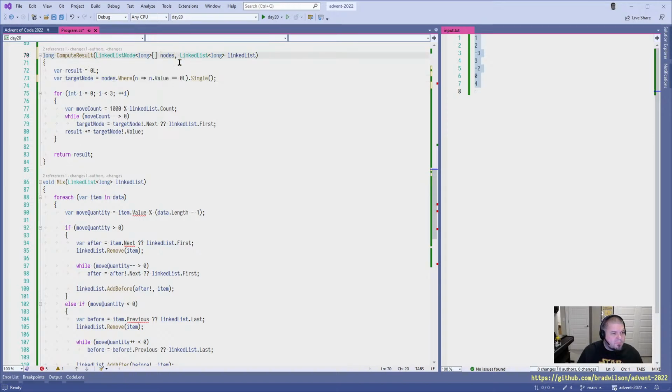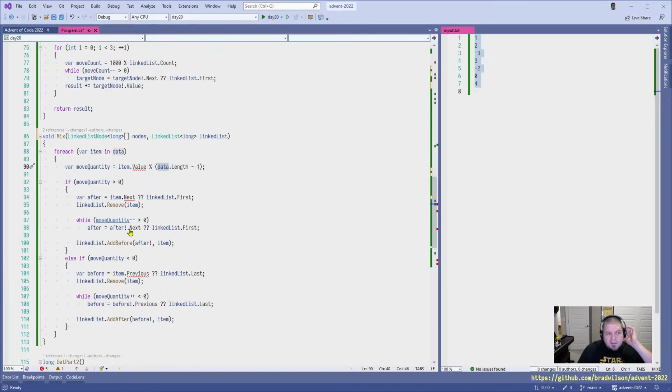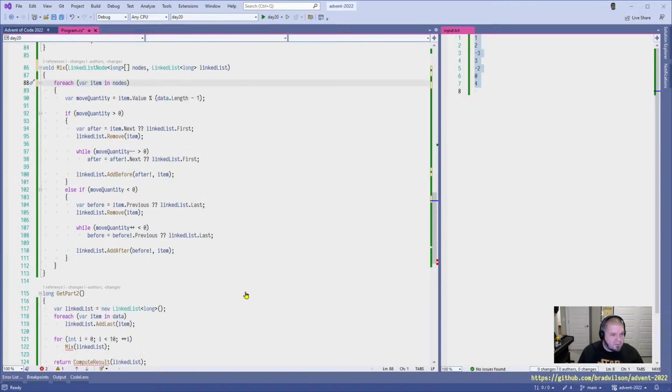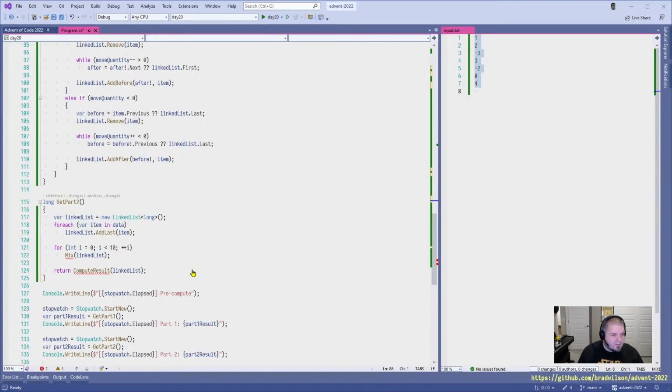Right. And then back to nodes. So when we see data, data length is fine, except this is nodes. And then